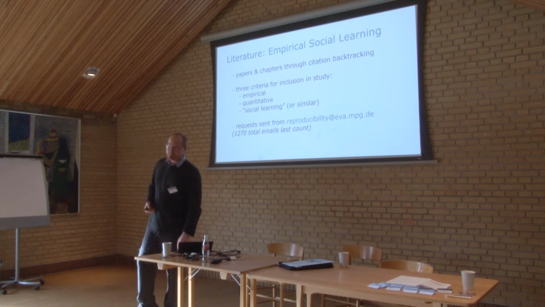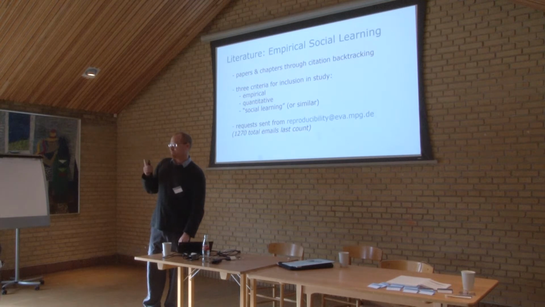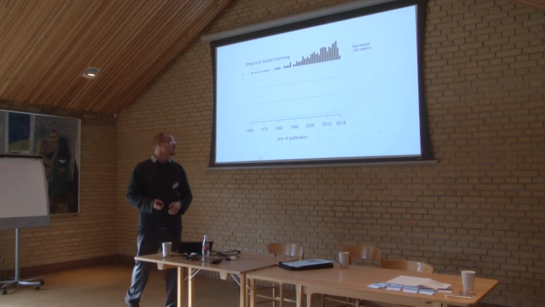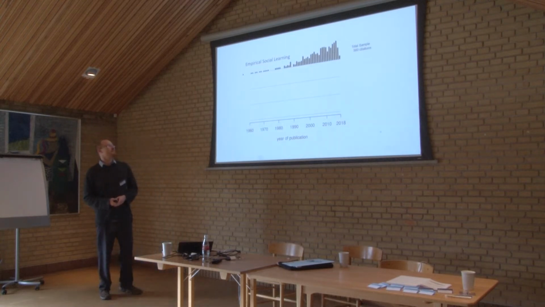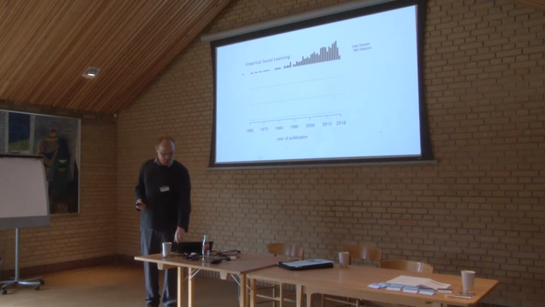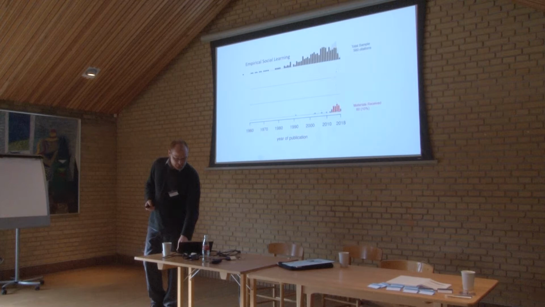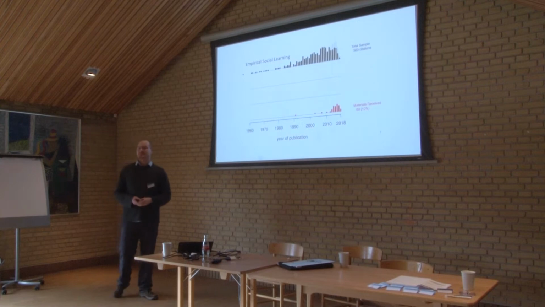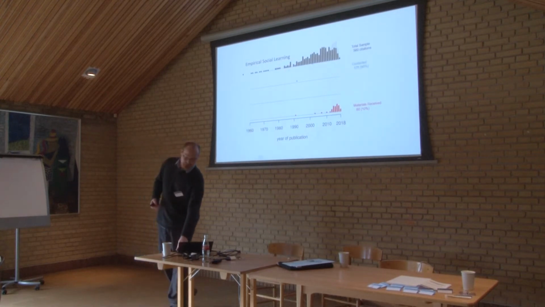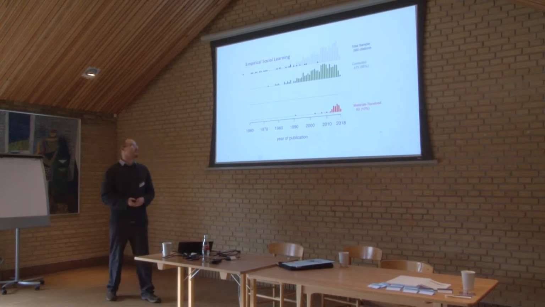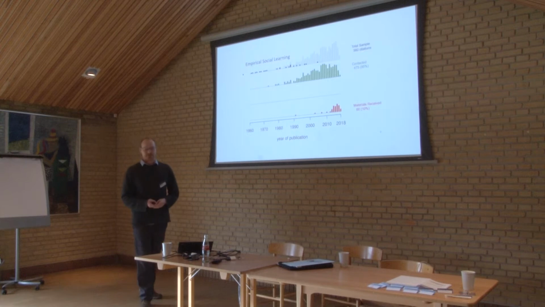So we're still in the process of analyzing this data, but I can at least report the success rate in acquiring the data. So that's the first part of the reasonable researcher test. Before we sent out emails, we gathered citations for 560 chapters and papers. Of those, we didn't send out any emails because we found the materials online in 60 cases. For the remaining 500 cases, we were able to track down an author, usually the first author or the corresponding author, in 95% of the citation cases.